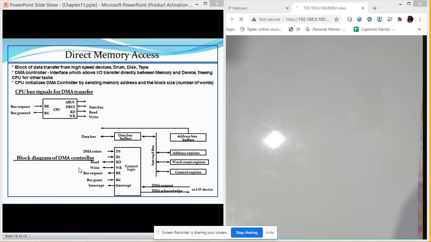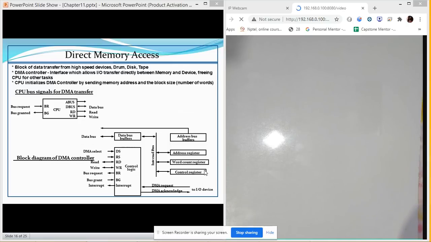Now how is this interaction done? There is a data bus which is connected with the D bus of your CPU. There is one address bus which is connected with the A bus of your CPU. So DMA is connected with your CPU directly through the address bus and data bus, and there are read and write signals. Eventually the CPU is the controller of DMA, and whenever the CPU sends data, there are three different things it sends to the DMA. The first one is the address, the second is the word count, the third one is the control register.